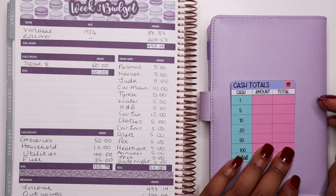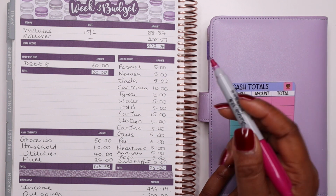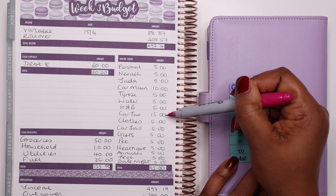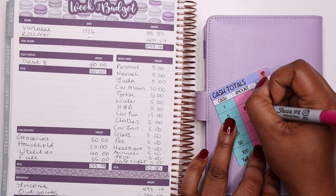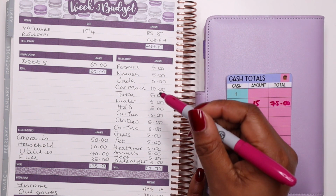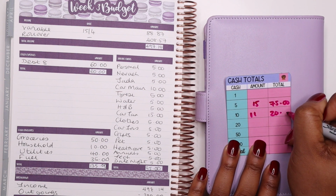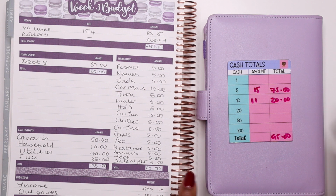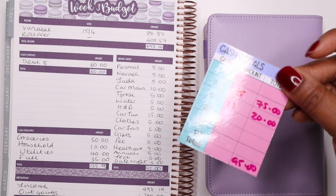So now that I've created my budget, I'm just going to withdraw the cash for my sinking fund envelopes from the bank. So in total I am going to be withdrawing 1, 2, 3, 4, 5, 6, 7, 8, 9, 10, 11, 12, 13, 14, 15. I'm just going to put 15 here guys, and that is £75. And then I only have two £10 notes, so that's 2, and that is £20. So in total that's 95, which is the amount that I've already put down as my total, so that works out perfectly. So I'm going to go to the bank and withdraw this money